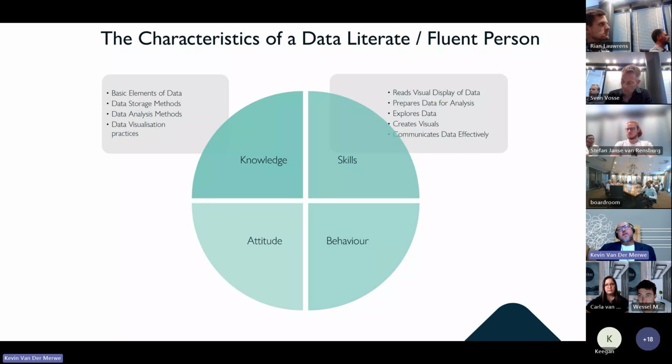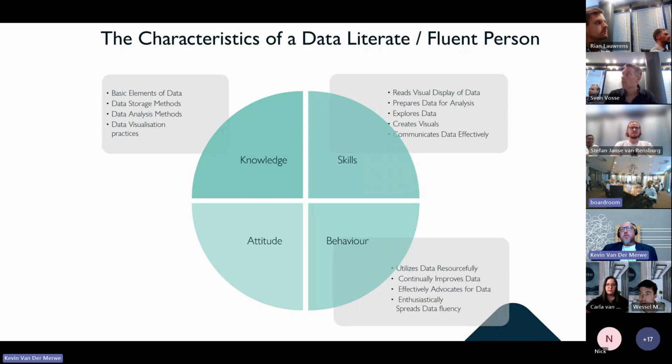But layered on top of that, you need actual skills, right? So it's one thing to understand what a line graph is, but it's a different thing to actually read it, or maybe a scatter plot's a better example. Also, the preparation of data for analysis, the basic analysis skills, as I mentioned, from sums, means, averages, all those core fundamental knowledge pieces of exploring data, creating visualizations, and then, of course, the skill set of communicating that data